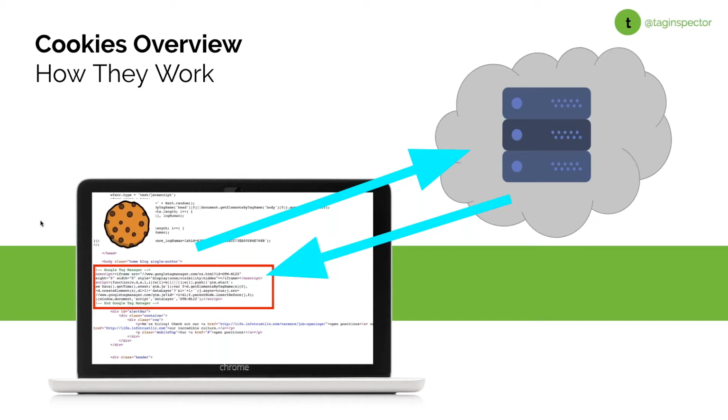And then a tag might also be setting a new cookie on the browser, with like a unique anonymous ID or some preference that a user is selecting on your website as they're going through that experience. There's two different ways. So that's with a tag, that's one means of setting a cookie. Another way that a cookie can be set is via the actual header response of the page itself.